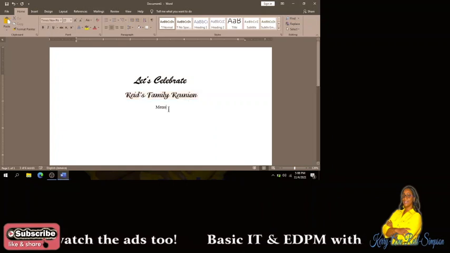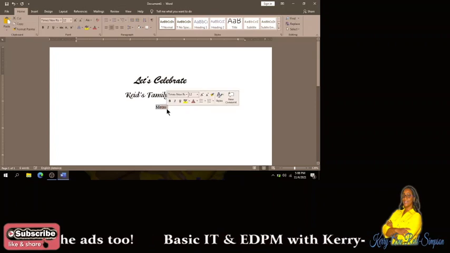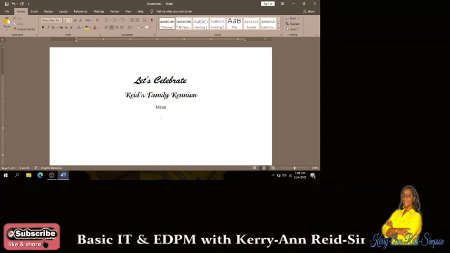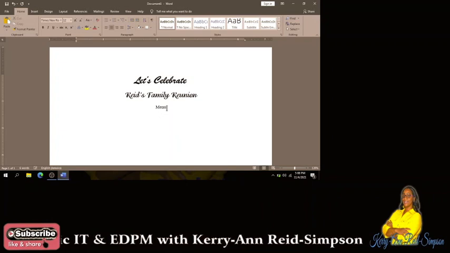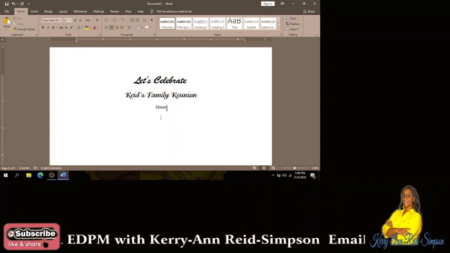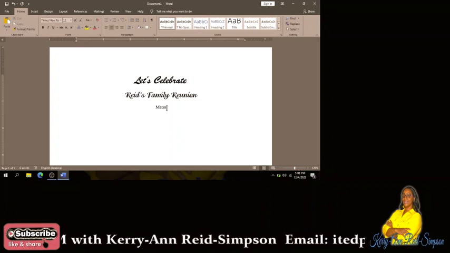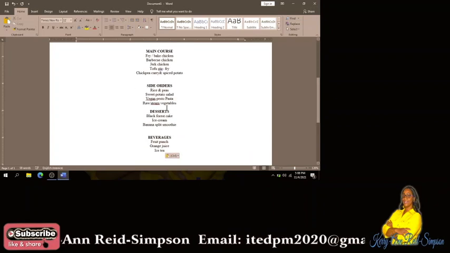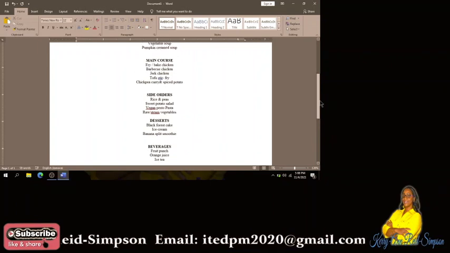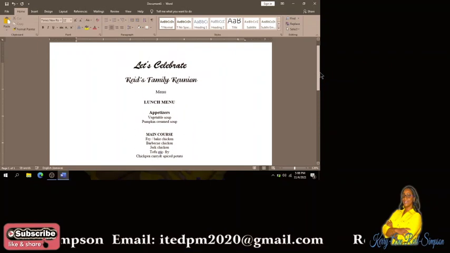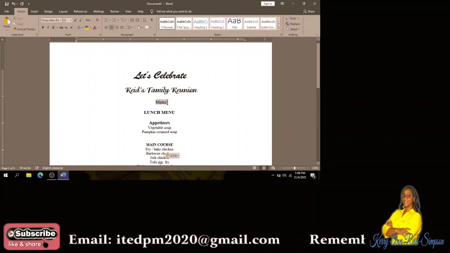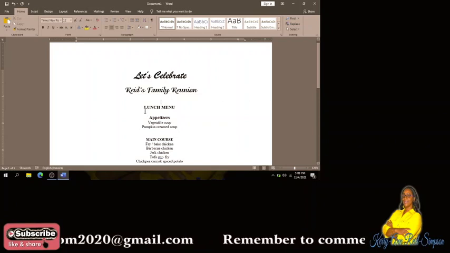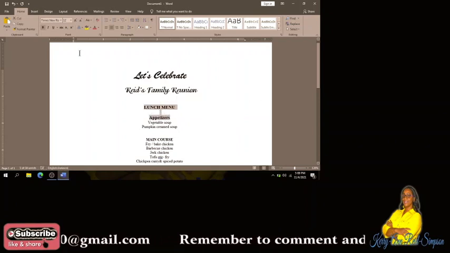All right, the menu now, below that we're going to type what the menu is, but I have it saved, so I'm going to just paste it instead of have you spend this time looking at me typing. I copied and pasted from somewhere else, so I'm going to just paste it now. And all we're going to do is to change the font. I'm going to remove the menu that I typed just now and leave what is there in what we just copied and pasted. The headings, I'm going to change the headings to a